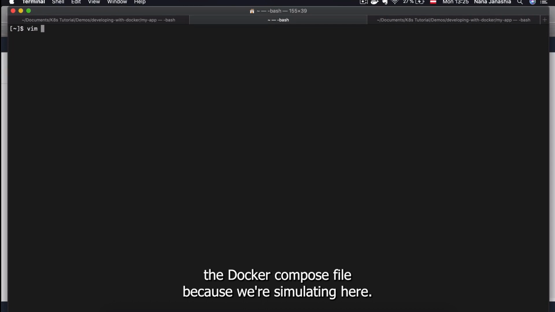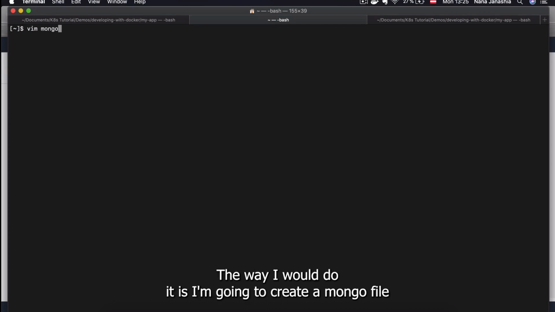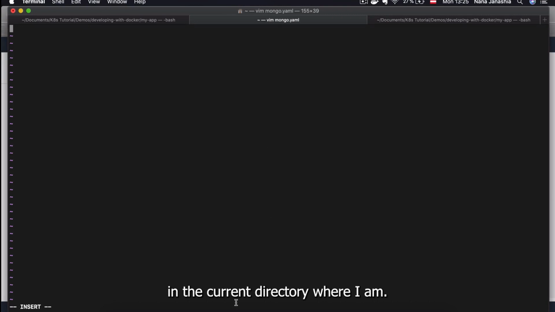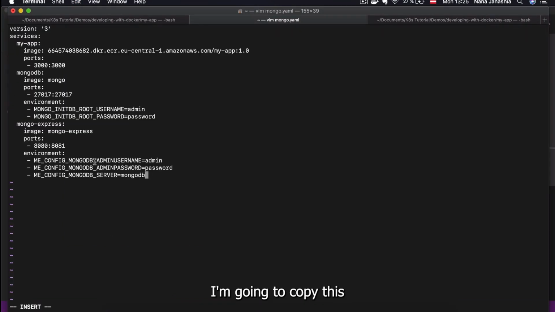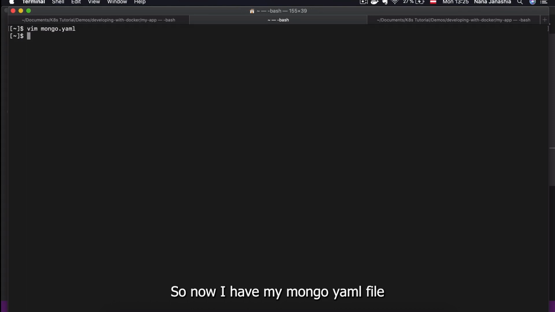Because we're simulating here, the way I would do it is I'm going to create a mongo.yaml file in the current directory where I am. I'm going to copy this and save. So now I have my mongo.yaml file,